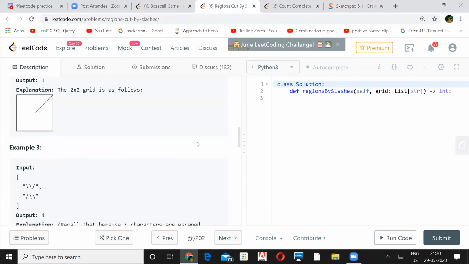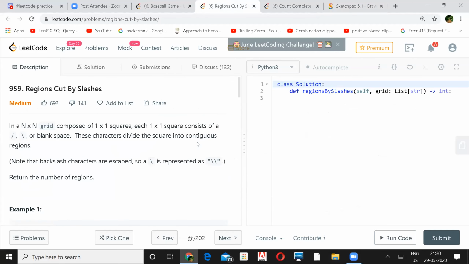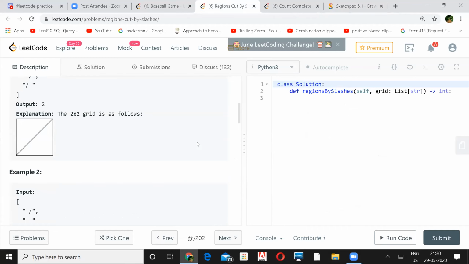How to proceed? So I think there are many ways to do this problem, right? At least a couple of ways. So I was thinking the very easiest way to do is the DFS way, right? That is what at least I thought. But even I went through the discussion section to find out, and everywhere it comes to union find only. But DFS is very intuitive, but there are some corner cases you need to handle in the DFS.